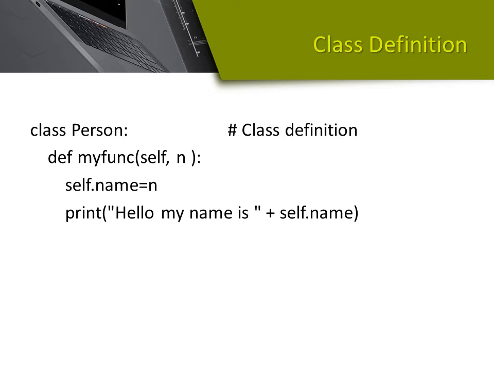Written in small letters, followed by the class name. The class name follows all rules of a variable name, followed by a colon. Inside this class, you have to declare all the variables and functions related to class person. All these variables and functions have to be written by using indentation rules.